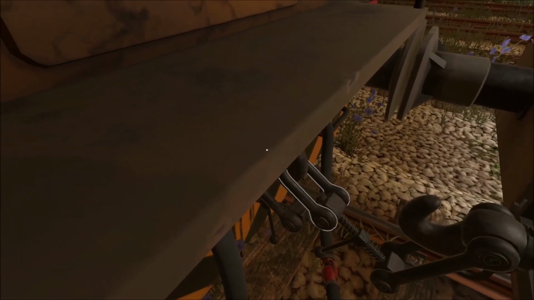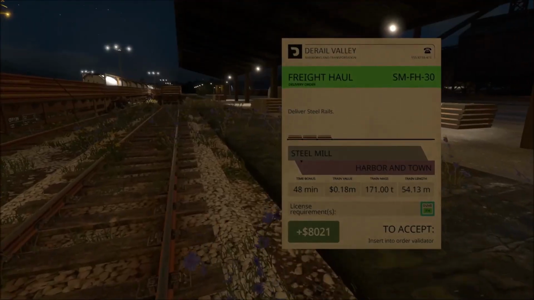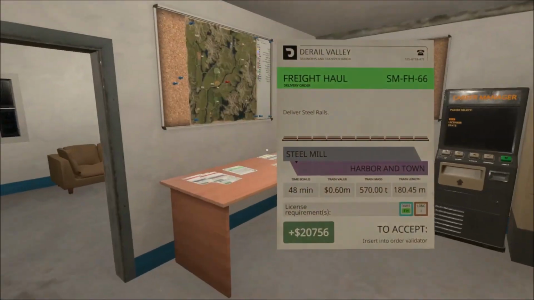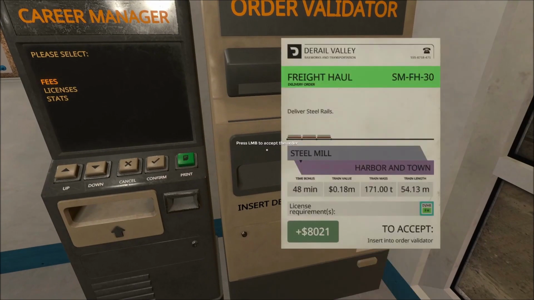And now we can just connect up this to the locomotive. And then we'll put in the jobs into the validator. And then we'll be on our merry way. And we can drive in nighttime, so that'll be fun, driving in nighttime. So this one...